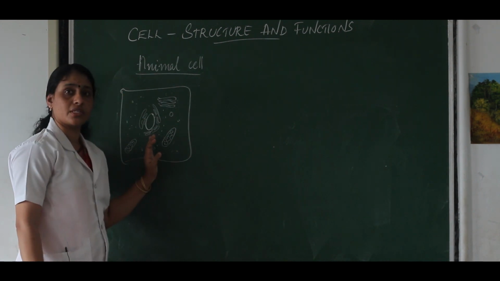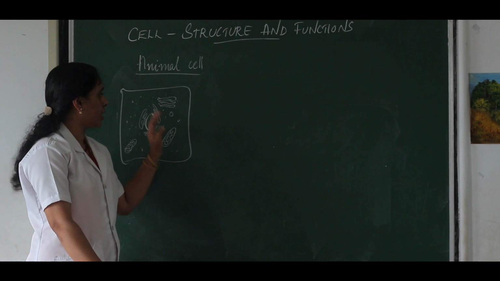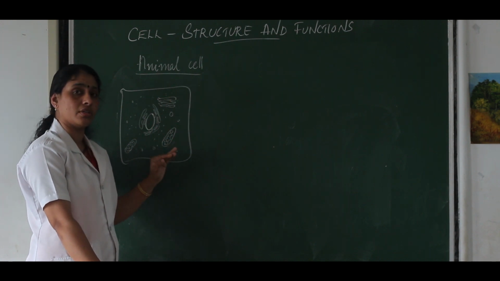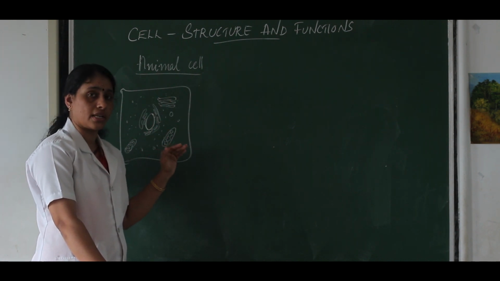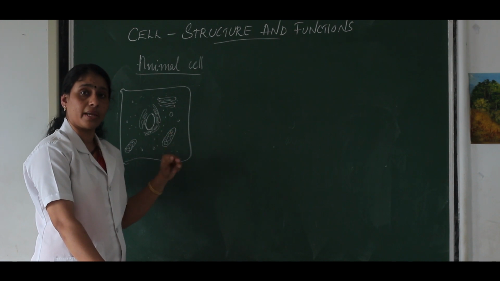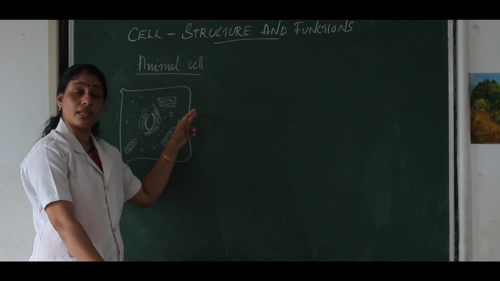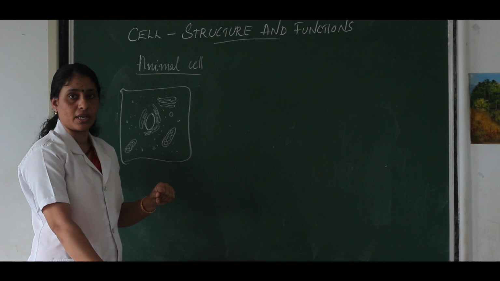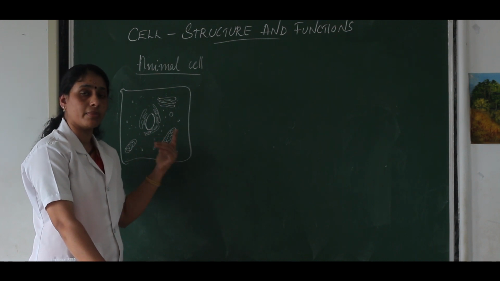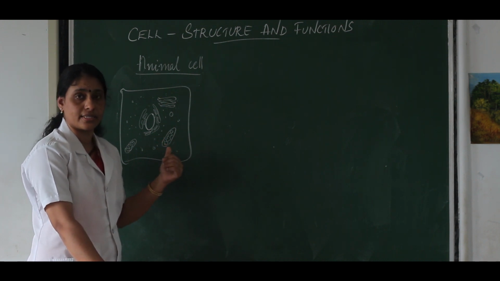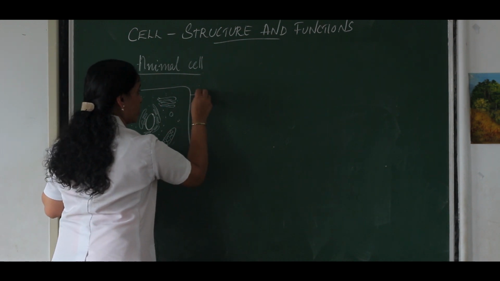So this is a typical structure of animal cell, in which you can see we already studied the structure of a typical cell that may consist of three main parts: plasma membrane or cell membrane, nucleus and cytoplasm. Here we can discuss more about cell organelles present in the cell. Okay. So these all you will be aware of.